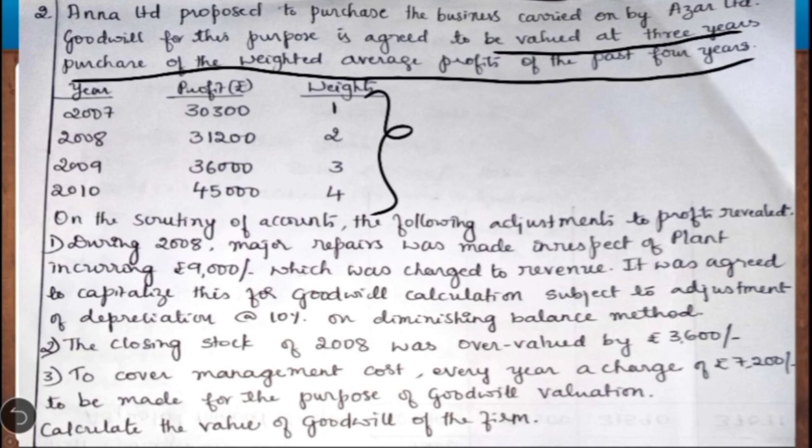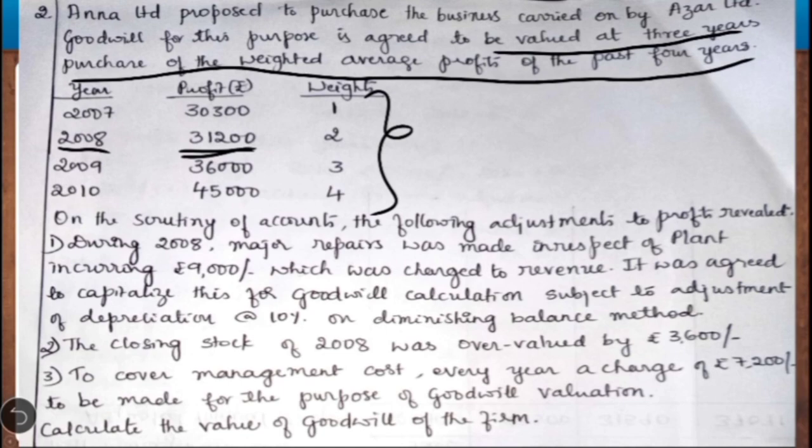On the scrutiny of accounts, the following adjustments to the profits are revealed. First one, during the year 2008, major repair was made in respect of a plant incurring rupees 9,000, which was charged to revenue. It was agreed to capitalize this for goodwill calculation subject to adjustment of depreciation at 10% on diminishing balance method. So here it is given that in the year 2008, the profit for the year 2008 is 31,200. They had incurred a major repair costing rupees 9,000 in respect of a plant, which was charged